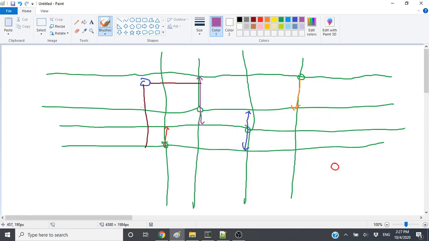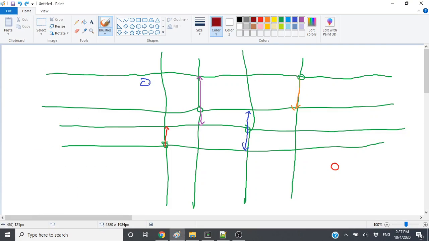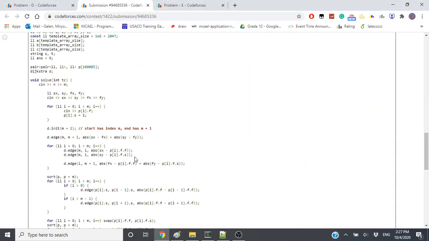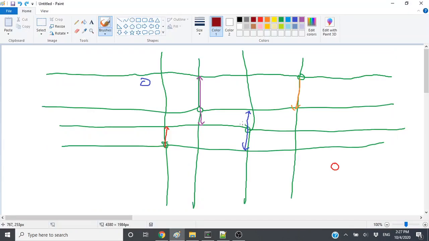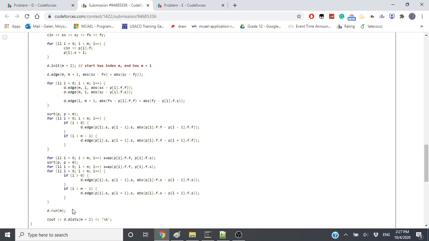Although, in a sense, you can remove the y direction edge and just make it the minimum of the x distance and the y distance. I didn't do that. It doesn't really matter. Actually, sorry, this should be here and here for more correctness to get to this point. So add an edge for x and y, or just both at the same time. Then add an edge from each jump point to the endpoint, which is the Manhattan distance cost. And then add an edge between adjacent x's, and then add an edge between adjacent y's, run Dijkstra,